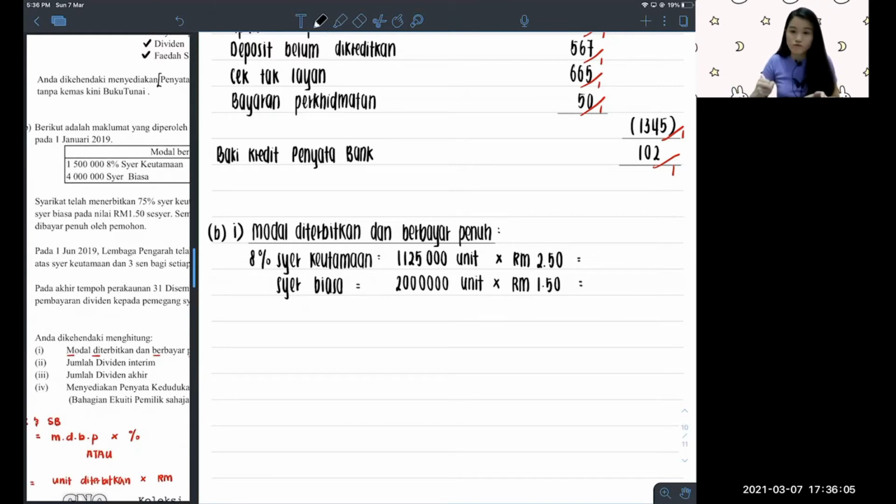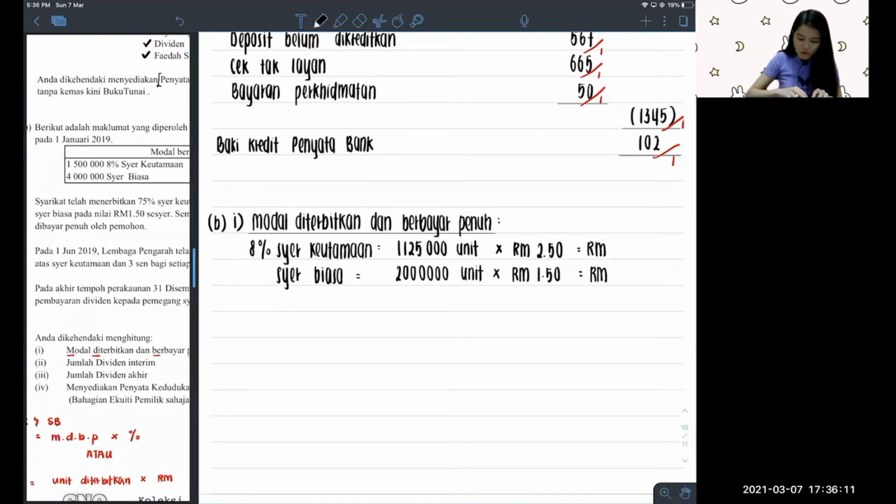Okay, so equals to, let's count. How much is the modal diterbitkan dan berbayar penuh for the both of them? So 1,125,000 times 2 ringgit 50 cent is 2,812,500. Okay, well for your share biasa times 1 ringgit 50 cent is 3,000,000. Okay, so added together, our modal diterbitkan dan berbayar penuh is